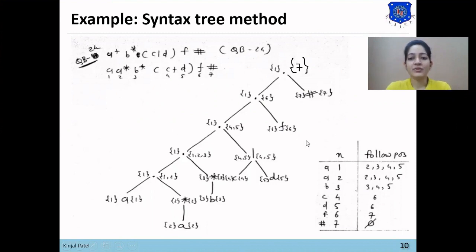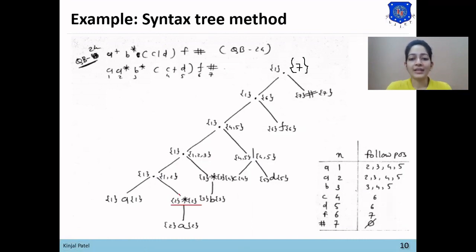Now next step is to find the follow position for each input symbol. Here is the n node, that is 1 to 7 position, and each input symbol. Now the rule of follow position will be applied in two operators only, for dot operator and for star operator. There is no rule for or operator.